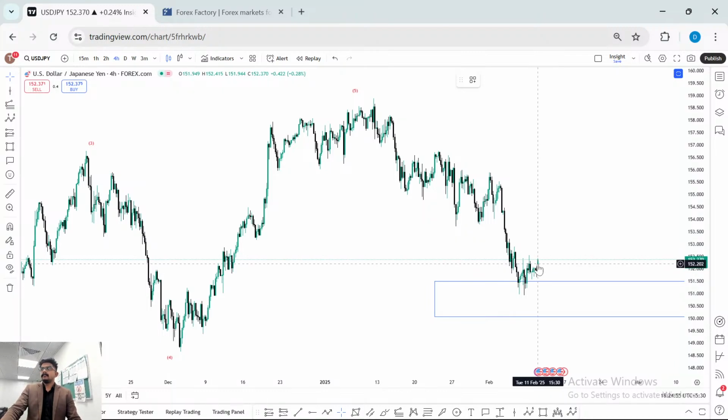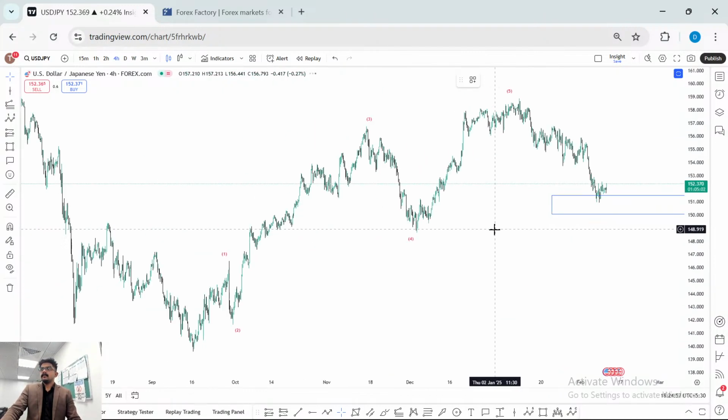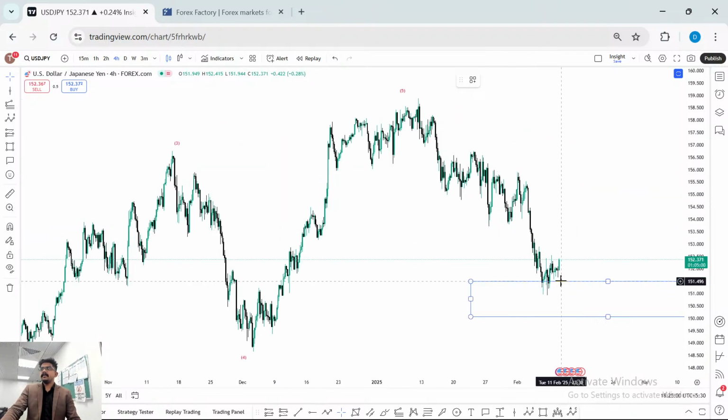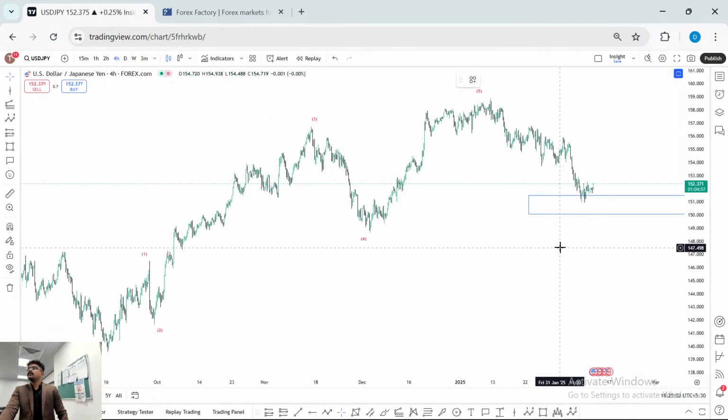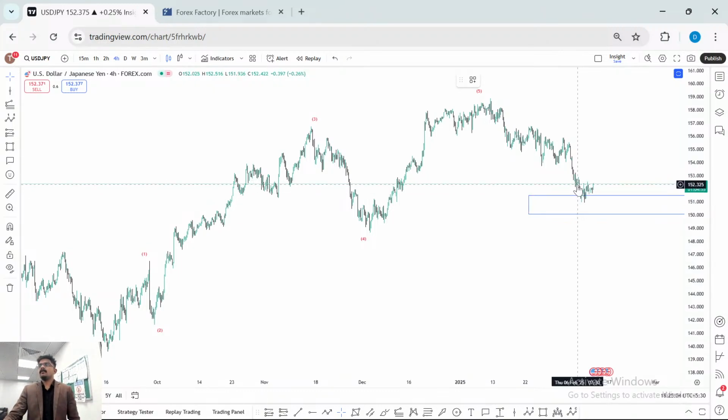In case of USD JPY, what I feel is there will be anyway a correction. Maybe the next impulse will start from here, or else